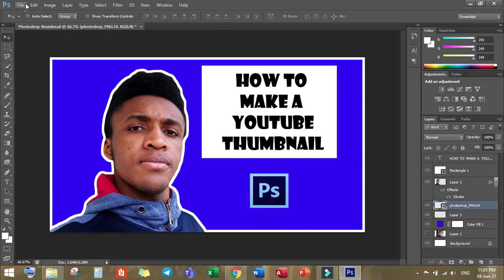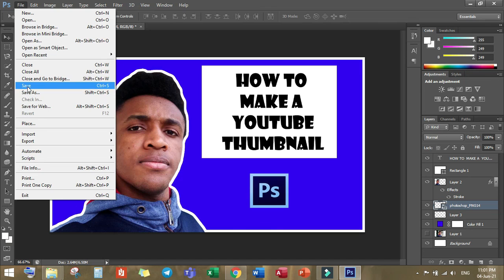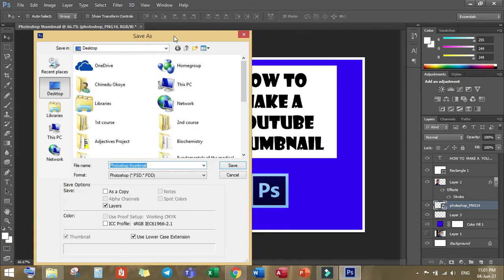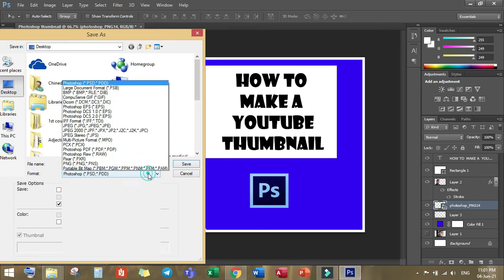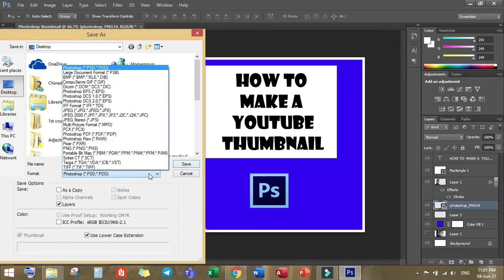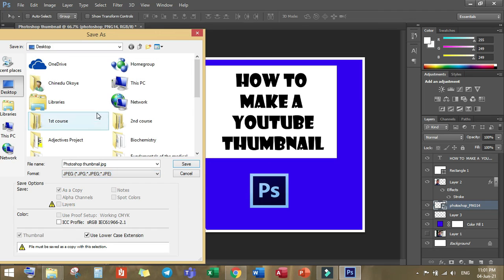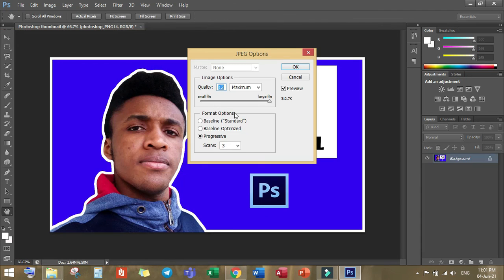Just left to go to File, click on Save. Then you can save it as a PSD if you want to edit the layers later, but for picture purposes you must save it as a JPG image and save it onto your desktop or anywhere you want. Then leave it as progressive scan with the quality of 12. Click OK,